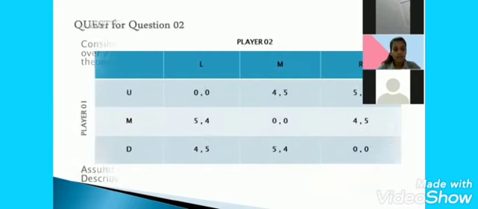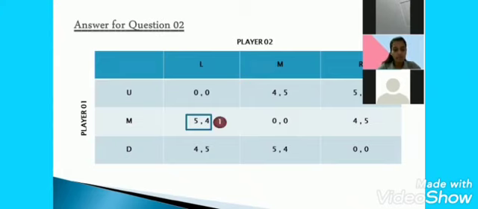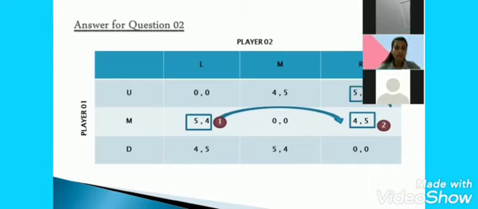Here, each player is using the best strategy against the previous strategy of the opponent player. So, if the strategy for the first period is middle and left, player 1 will choose the best strategy for left, which is middle, and player 2 will choose right, the best strategy for middle. Then in the second period, their strategies are middle and right. If the strategy for the third period is up and right, player 1 will choose the best strategy for up and player 2 will choose the best strategy for right. If the strategy for the fourth period is up and middle, player 1 will choose the best strategy for up